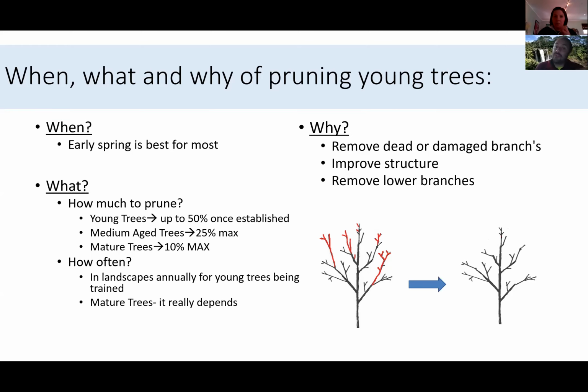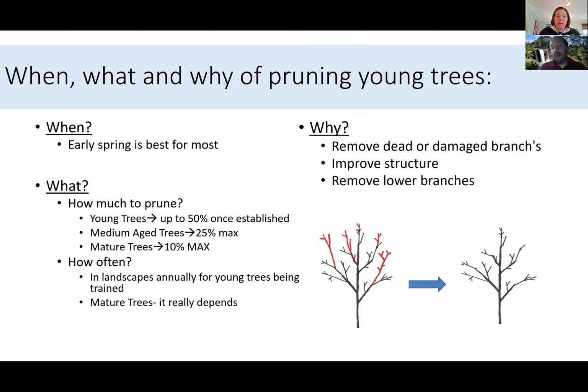On the other hand, if a tree, no matter its age, is under stress, you should prune it less, right? So if it's a tree that has a disease issue, you could start at 25% and round down to say 10 or something. If it's a tree that's under drought stress, it should not be pruned, period. We do not prune trees that are under drought stress. We wait until the drought has ended to do our pruning.